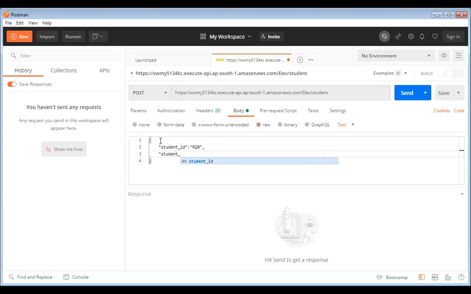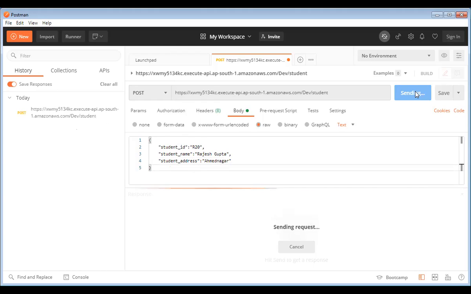Student name, colon, double quotation, Rajesh Gupta, comma, and student address, colon, double quotation, and Major, double quotation, complete. So send the request.